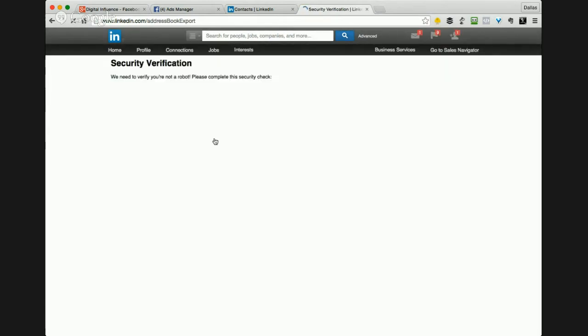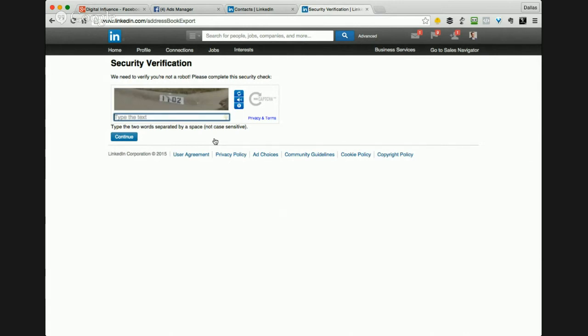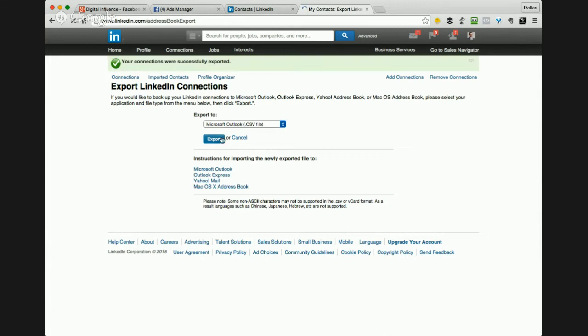That will create a file that's basically going to have a series of columns. It's just going to ask us for a captcha, so 1102. And just in case you missed that, all I did was Google LinkedIn export, or LinkedIn contact export CSV. Continue. Okay, so it should give us a prompt to download that file now. I'll just put it into my downloads. I've already done this recently, so I don't need another copy.